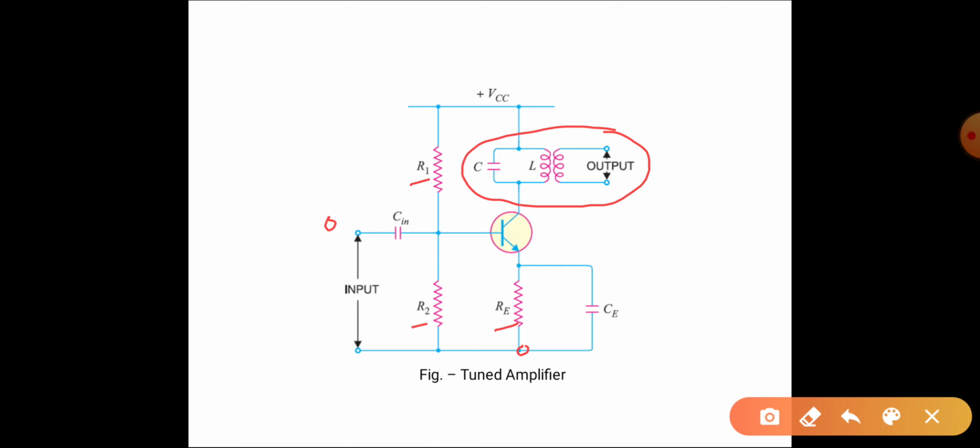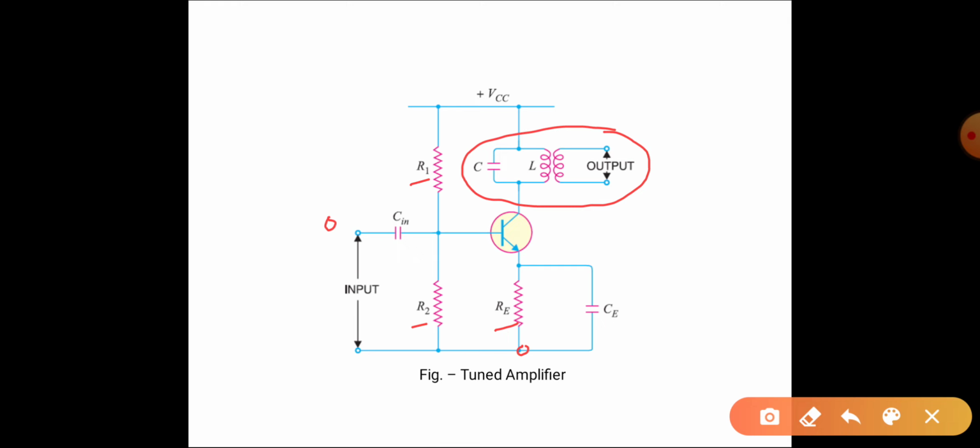So here the parallel tuned circuit, or you can say a resonance circuit, is used to give a very high impedance at the particular, or you can say desired, frequency signal, and the impedance is very low at other frequencies. So this is the very basic principle behind the tuned or resonant circuit.